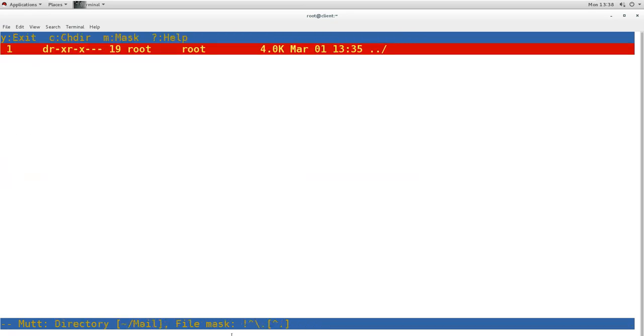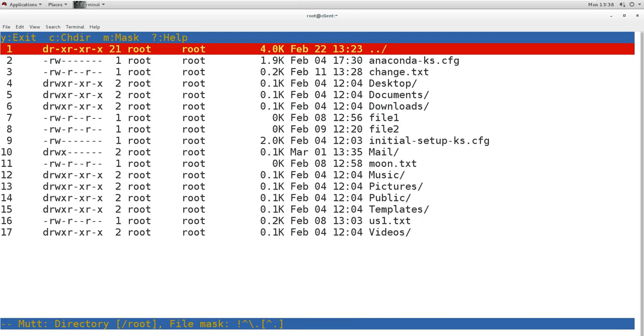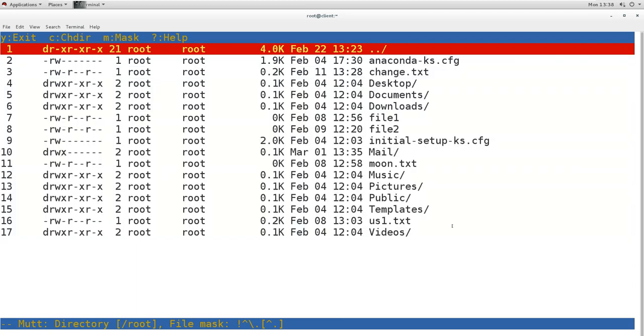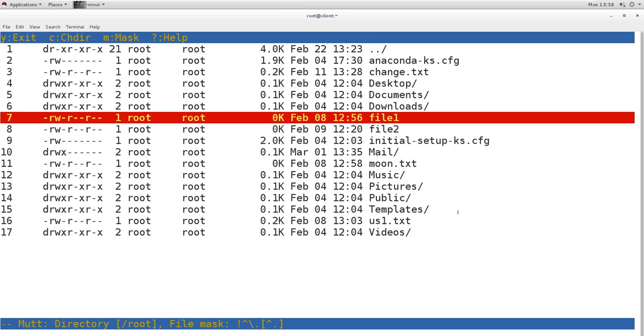It shows here my root's home directory. If I press enter, it shows all the files available there. So I can select whatever file I want to attach. I will use this moon.txt to attach.